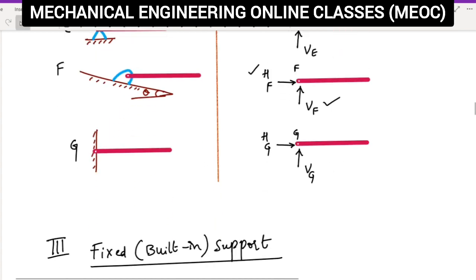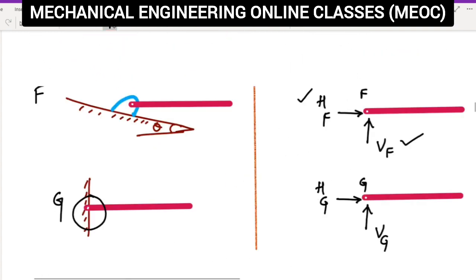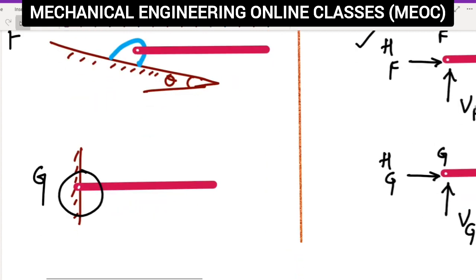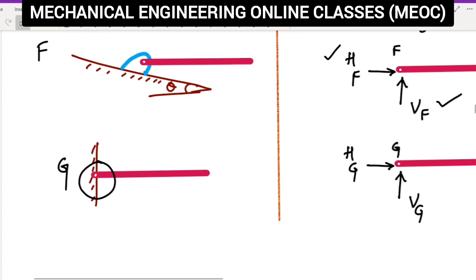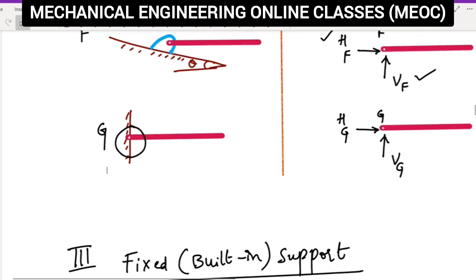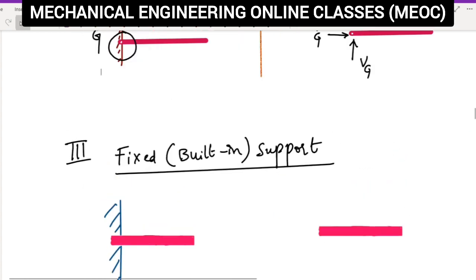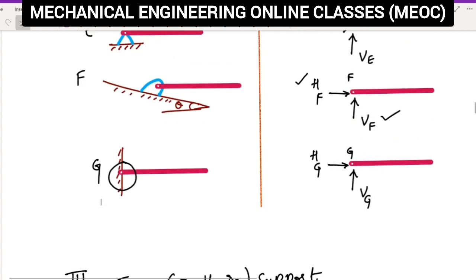Here also you can see this is pinned at the white dot. So it is pinned. So that should be mentioned. If at all it is not clear in a question, it will be mentioned that it is pinned at point G. If it is not pinned, it's a different story, because fixed support is different from a pin support. Pin support means the object is free to rotate about the pin.